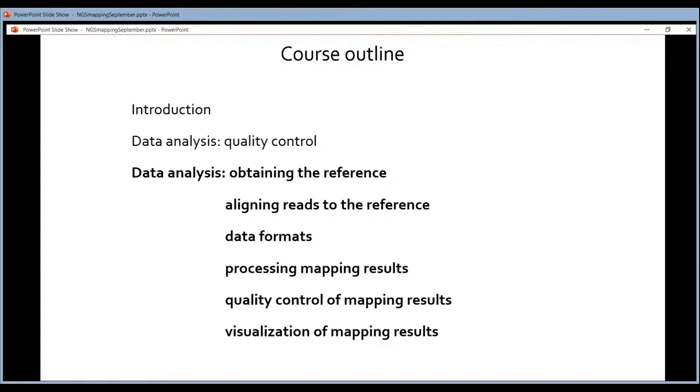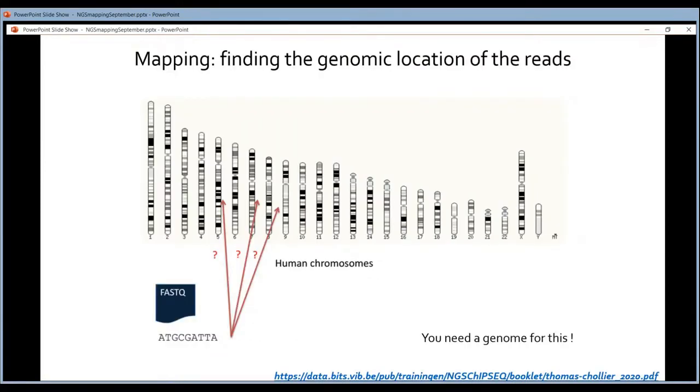So that's the thing that biologists are always happy with, because for the first time they can actually see something. At this point, what we have is a clean FASTQ file. Why did we clean the FASTQ file? Well, because mapping is slow. So the more smooth you can allow it to go, the better it is. So this is why we cleaned our FASTQ files. We removed as much as possible all the things that can give issues during the mapping. So we have a clean FASTQ file.